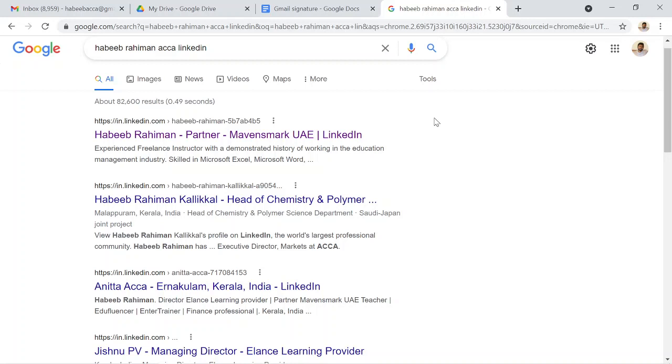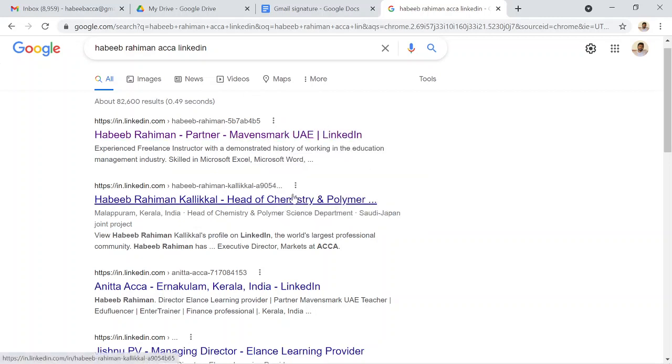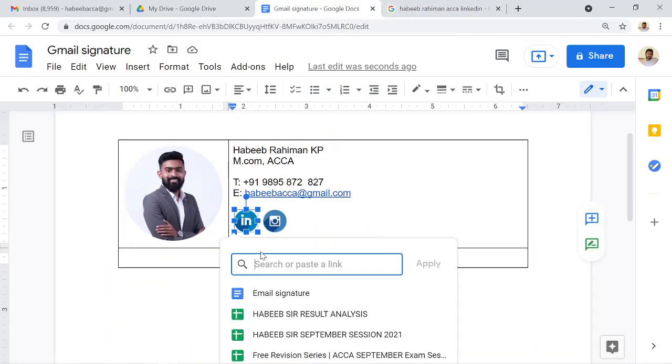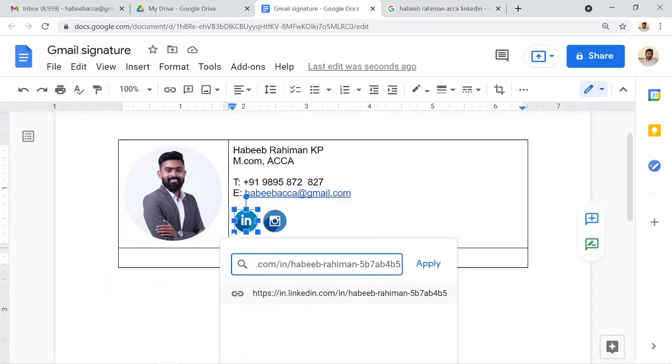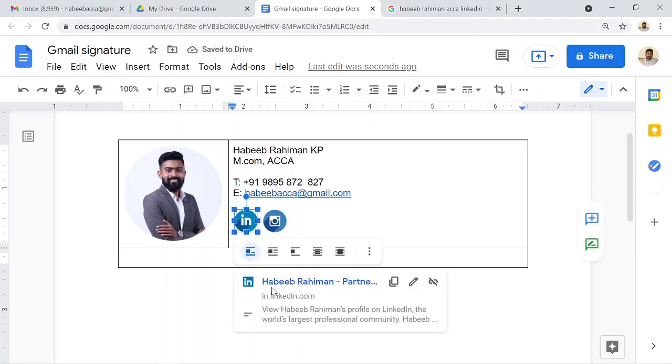There will be a shareable URL for your potential followers and all, so that can be copied. Right now, if it's showing in your Google search engine, you can right click and copy link address. Come back to the document and paste it there. Apply.